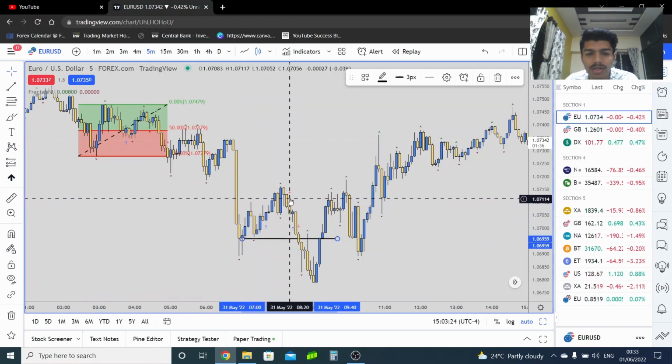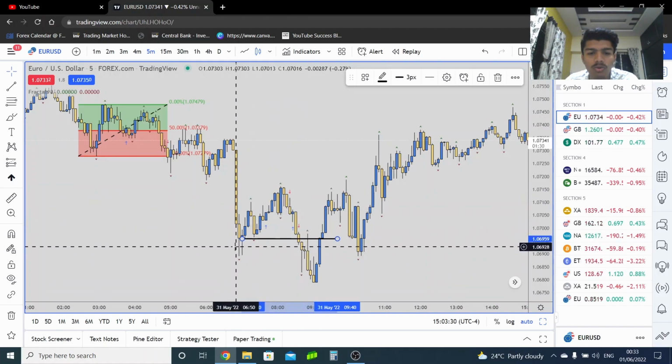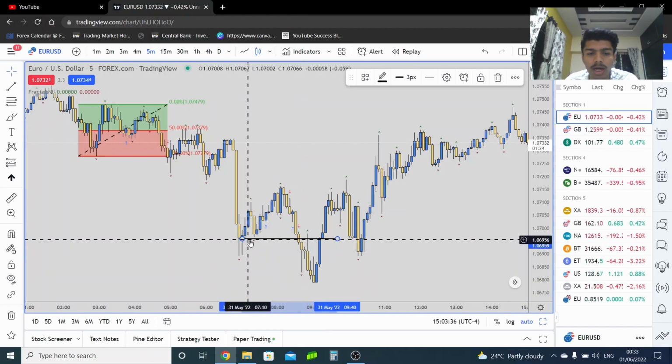And once market was in some profit, I closed my trade over here, and as soon as I closed my trade, market went down. If I would have held mine, I would have got stopped out again. Then market goes down, market goes below 7 a.m. EST. Then market